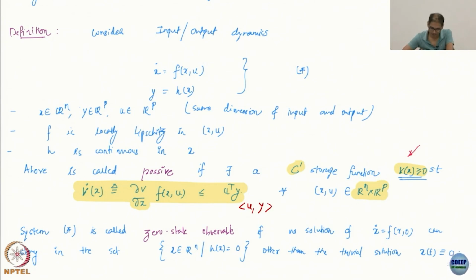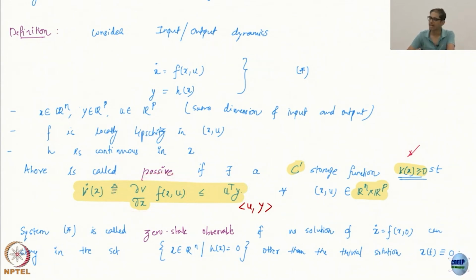you have a storage function which is like a Lyapunov like function, right, because we are not saying that V is positive definite, we only want it to be semi definite, right. So it is not a Lyapunov candidate, but it is a Lyapunov like function and it is a C1 function, of course. So what we are saying is that if you take the derivative of the V along the system trajectories, then it is upper bounded by the inner product of the input and output. Notice that the input is appearing in both places,